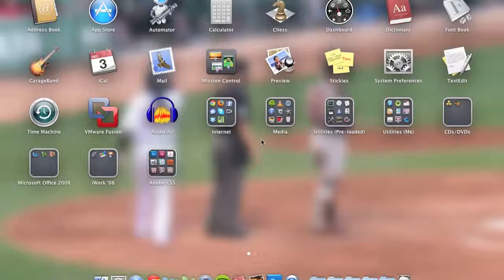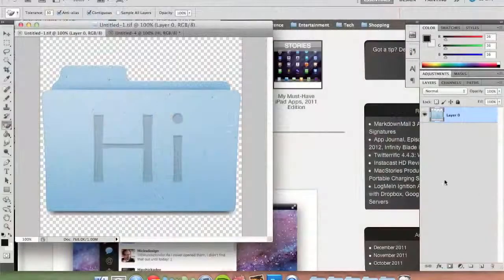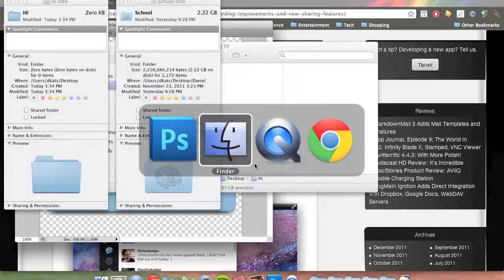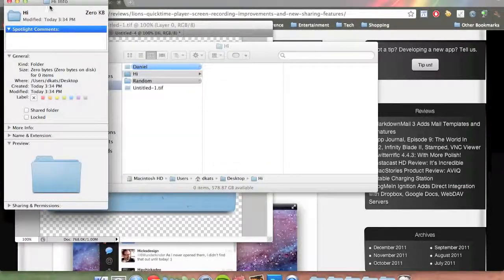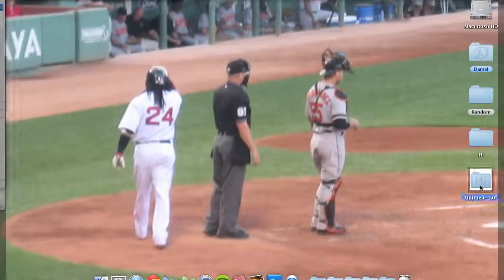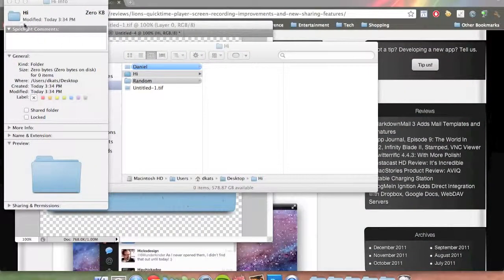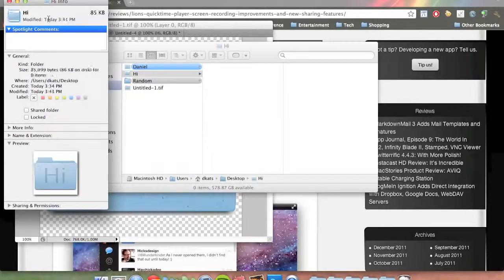into an image that I can actually use as the file icon, because the problem is if I go to the Finder, and I want to change this Hi, I'm going to go here, click on the TIFF, copy it, go back to this icon, and paste it. Now the problem is there's a white box around it. I don't want that. So I'm going to undo that, and I'm going to open up my